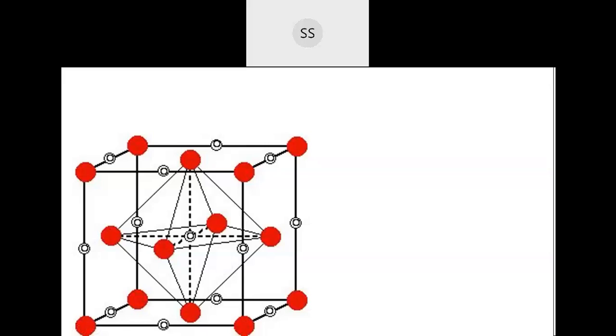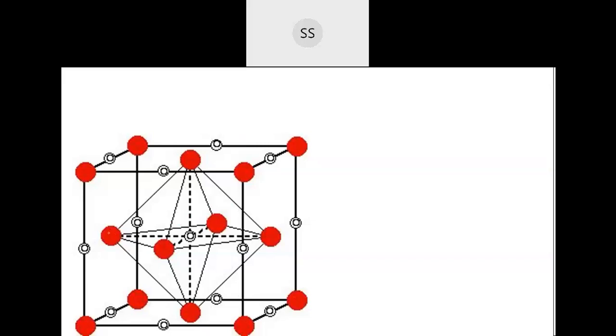Everyone, tell me what unit cell is this? FCC. Everyone agrees, no? This is FCC. Very good. FCC because you can see here 4 atoms are above and then you have 4 atoms below and on the faces you can see an atom. Now when you have this arrangement, see how many voids are exactly present. How many voids are there?